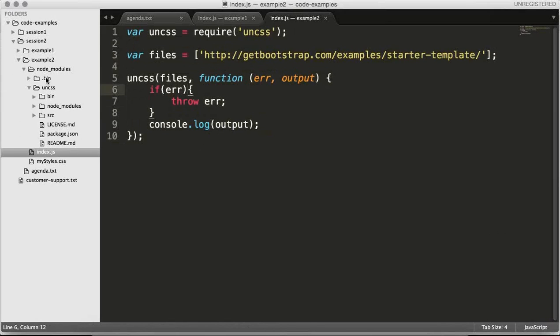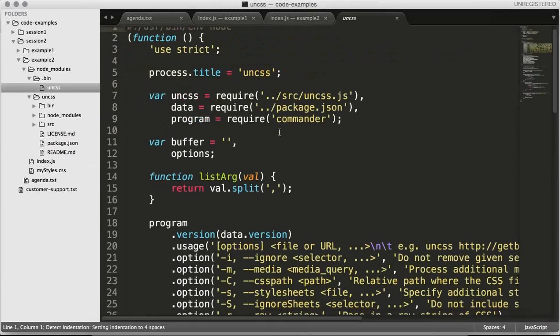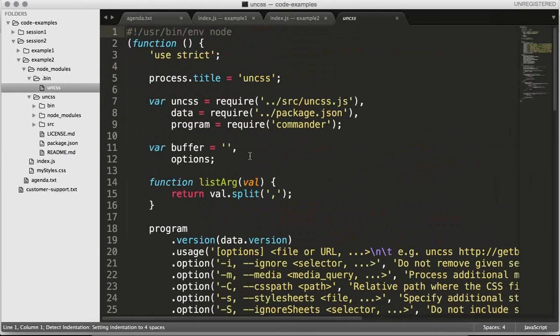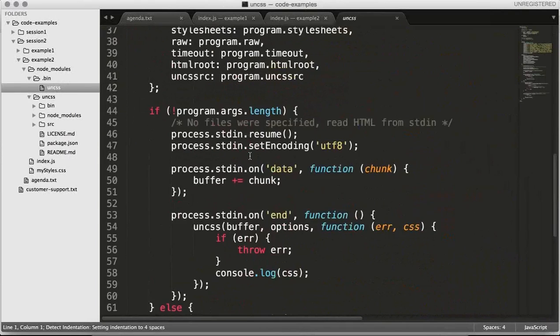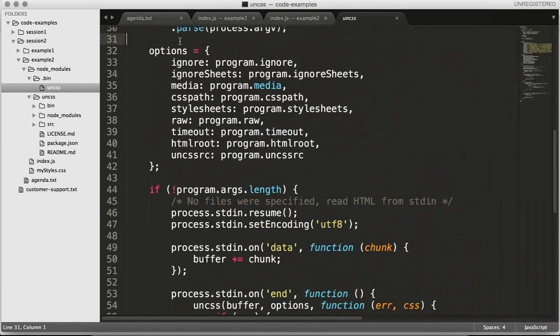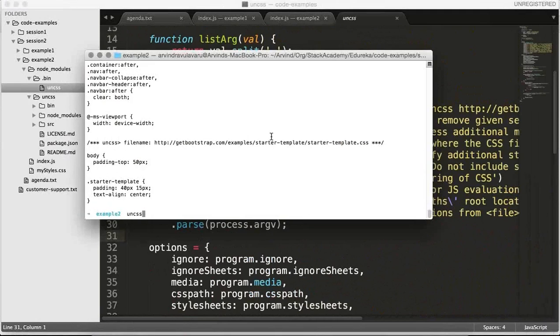As you can see inside your local module, the bin folder has also been created with the uncss commands. So you can take a look at this at your leisure. This is all pure JavaScript which you see here. No other language, how uncss works, using the process object, using the options, whatever you have passed, when you run uncss in your command prompt,